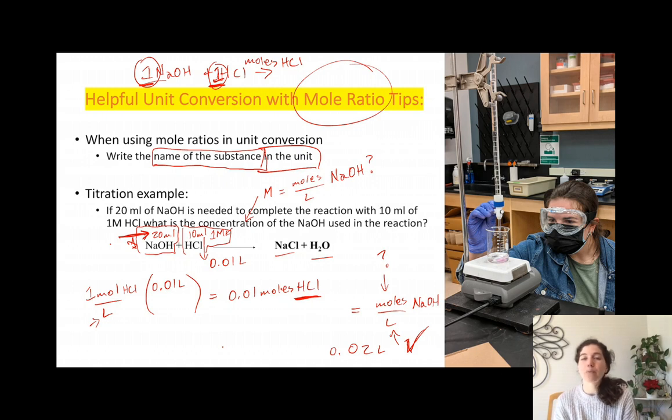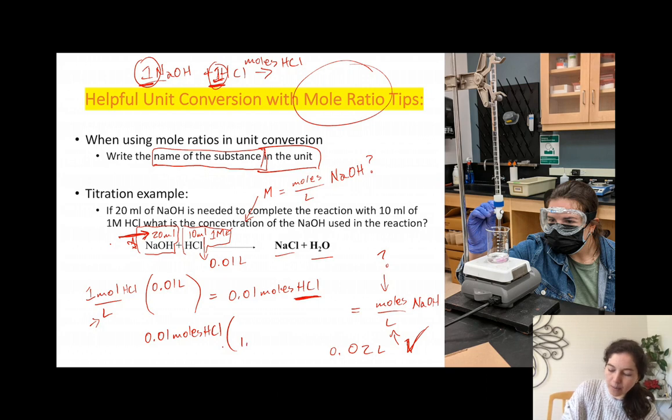It's very important when you're doing unit conversion so that you don't get mixed up with what substance you're talking about. Okay, so if we know moles of HCl, we can use our mole ratio to get to NaOH. So all we're going to do here, in order to solve this, is take 0.1 moles of HCl. We're going to use our mole ratio, 1 mole of HCl for every 1 mole of NaOH. Simple enough, which means that the moles of NaOH we have are